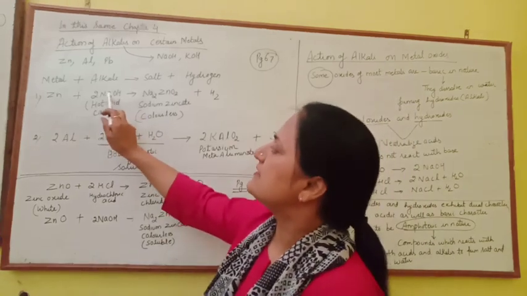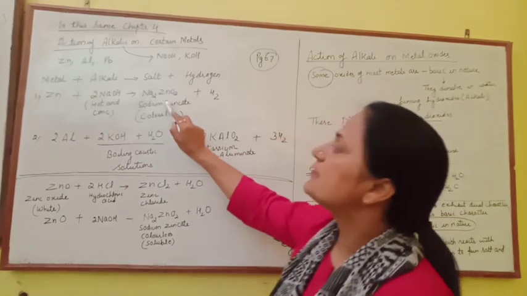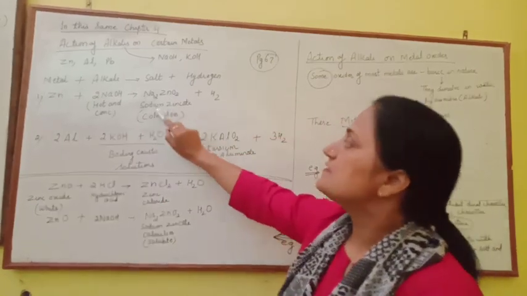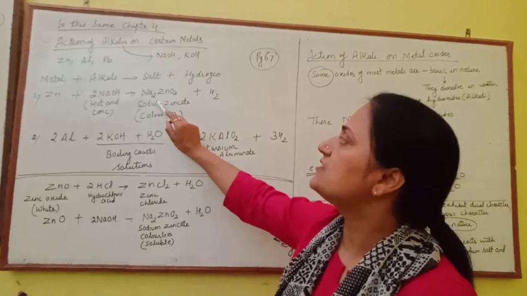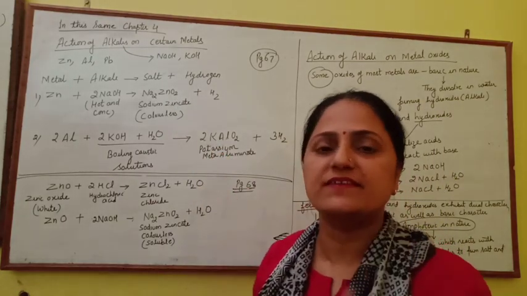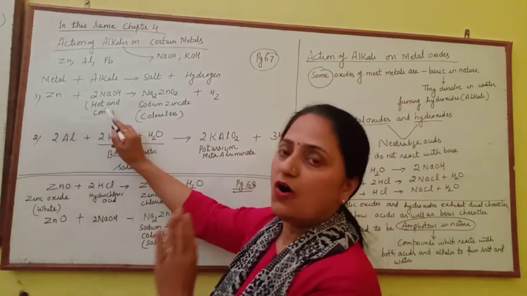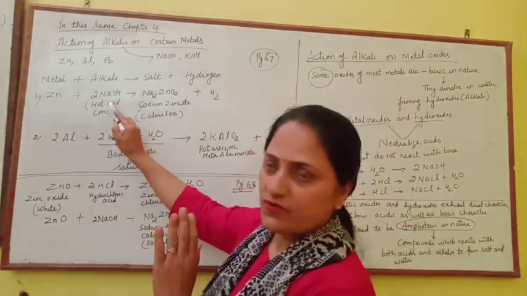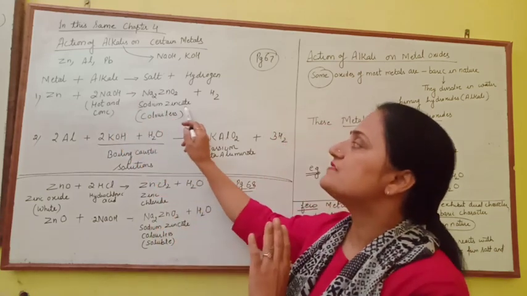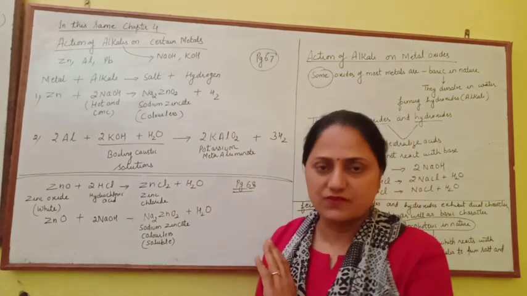When this hot concentrated alkali sodium hydroxide is added to zinc, the product formed is sodium zincate, that is Na2ZnO2. Learn this formula very carefully. It is a very important reaction I am telling you here. When zinc reacts with hot and concentrated sodium hydroxide, it forms sodium zincate, which is colorless, and hydrogen gas also